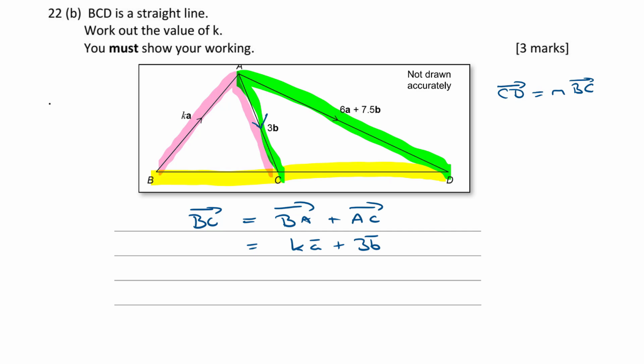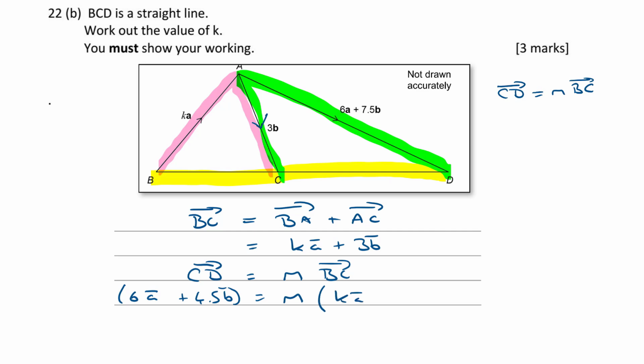Now, we know that vector CD is some multiple of vector BC because they're three collinear points. In other words, CD, which we found earlier, 6a plus 4.5b, that's the vector we found for CD earlier,